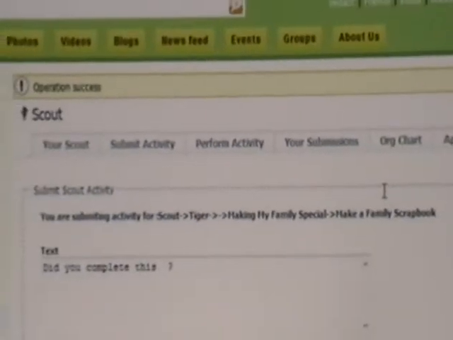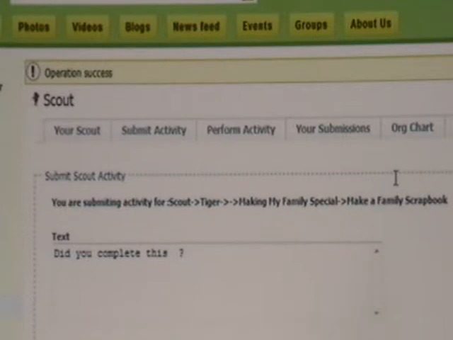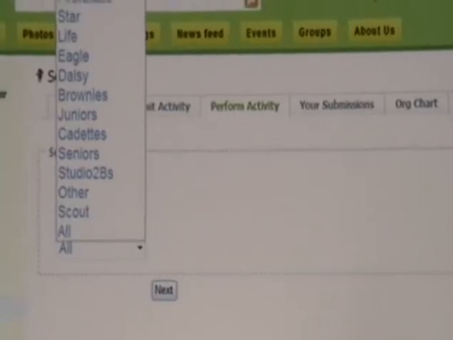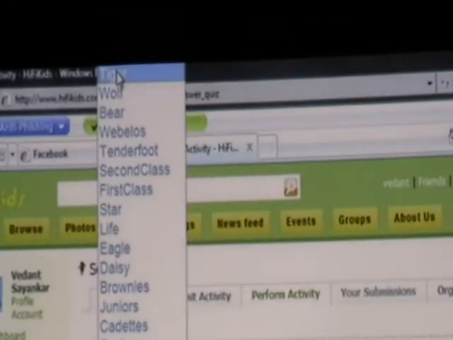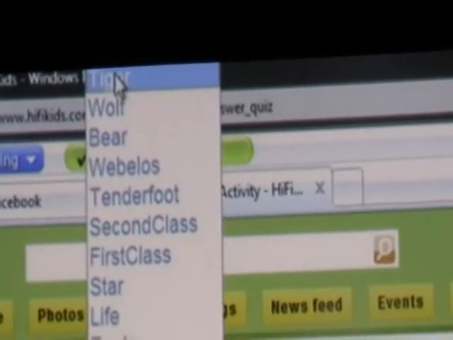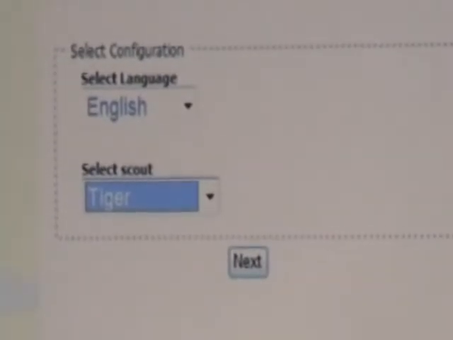Let me show you now how to perform an activity. As a Scout Boy, this login is for a Scout Boy, so whenever he wants to go and perform an activity for his den, let me show you how to do that. Let's select the tiger den. So I'm selecting tiger den here. I select next, and it is going to open a form.